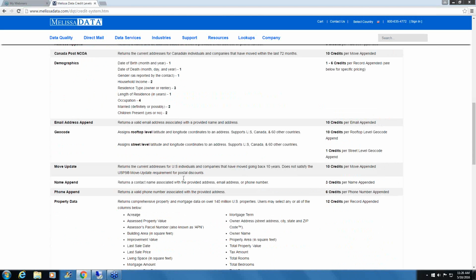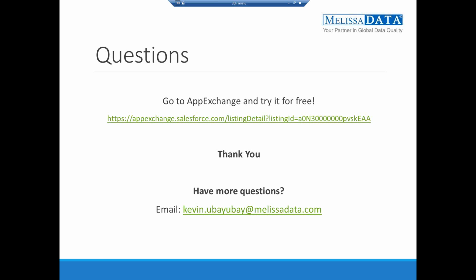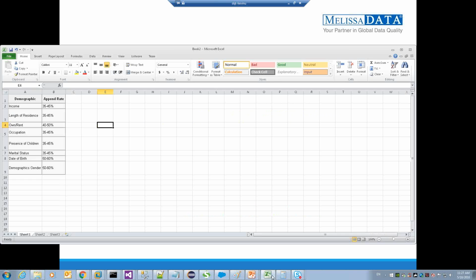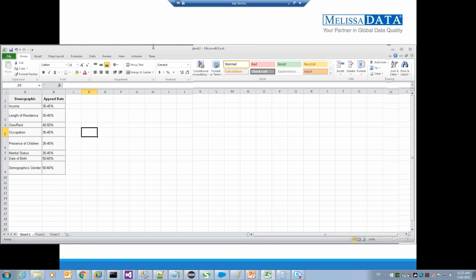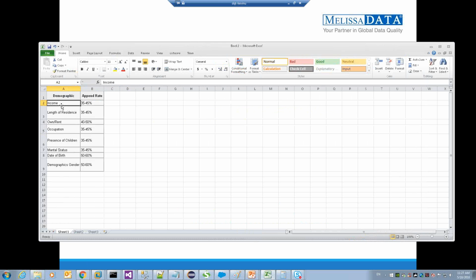Okay, let's see. Another question. How often can we expect your app to append in the data? So that's a good question. So regarding the demographics fields, let me bring up this sheet. So what I've got up here is a table of fields, the demographic fields we're looking at, and their append